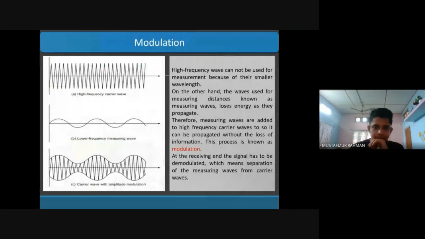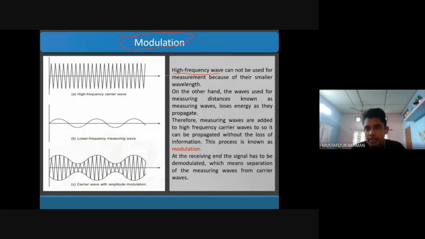Then here we have an important concept. What is modulation? To measure the waves, we need to carry out modulation. Why do we need to carry out modulation? Because